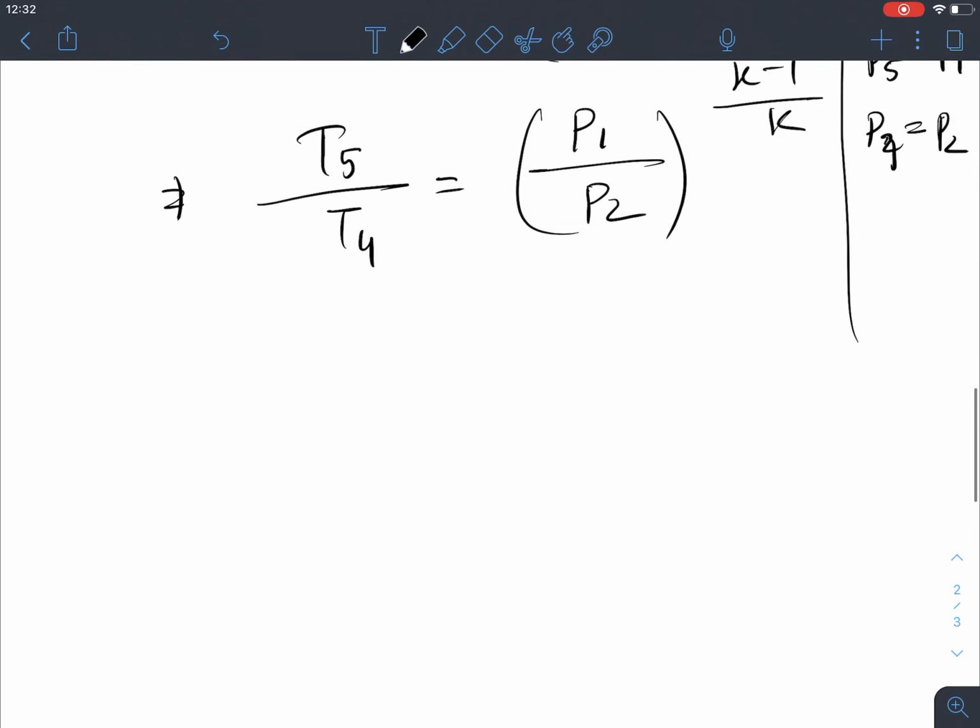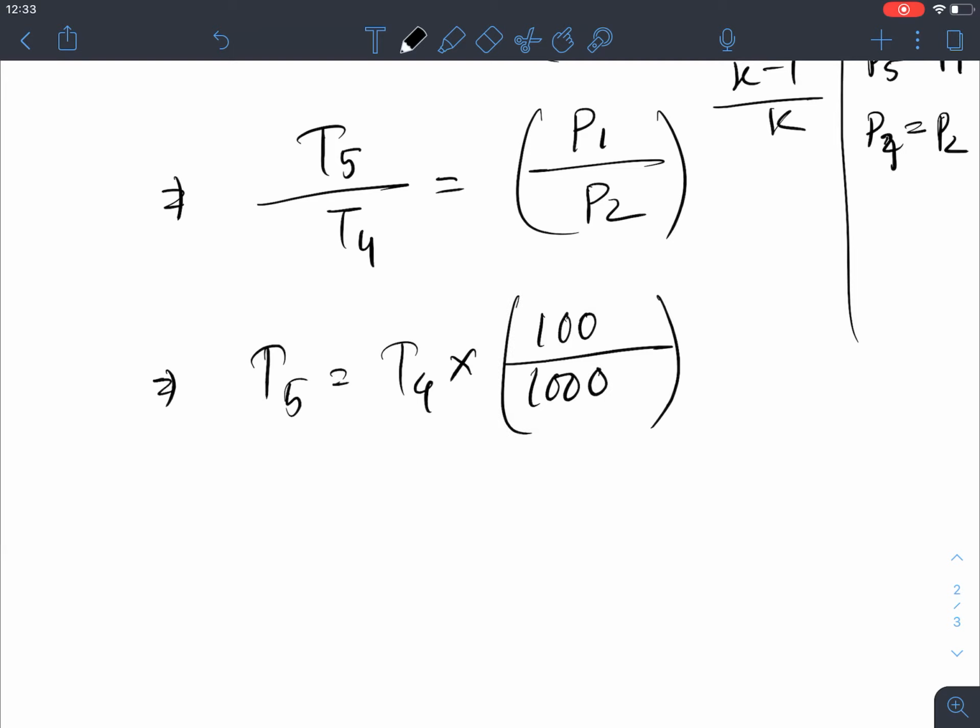So by knowing this, we can determine that T5, which is T4 times P1, we know that this is 100 and P2 1000, right, to the power 1.4 minus 1 over 1.4. So if we solve this, then T5 will become